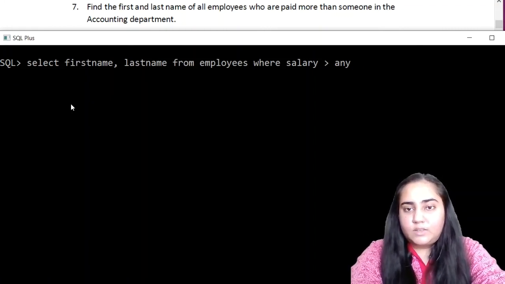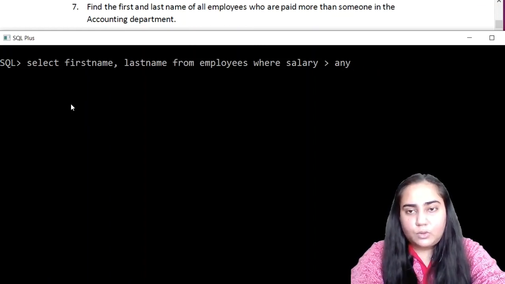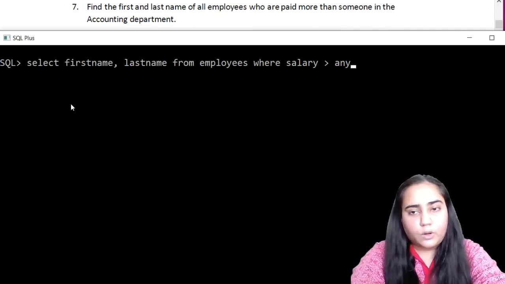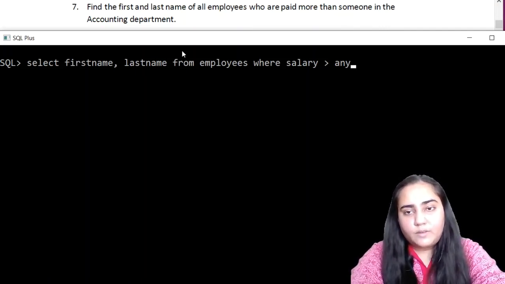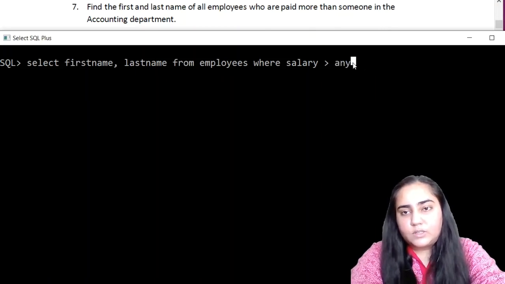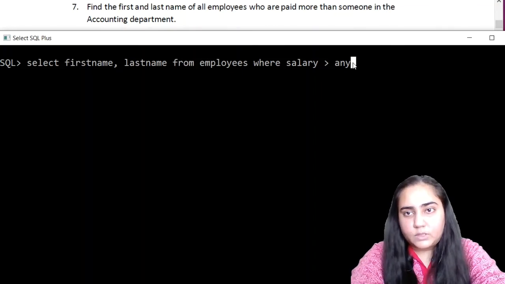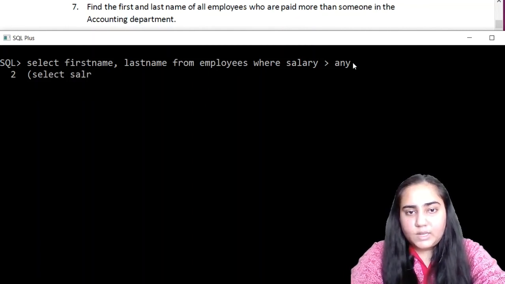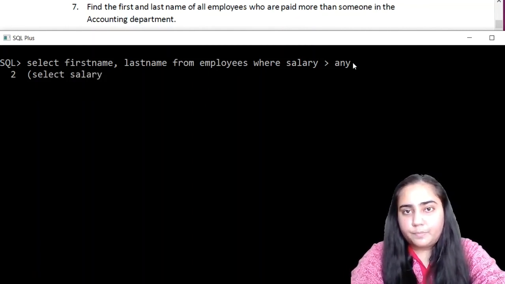It's going to result in giving one value, but we want the salaries of people in the accounting department. And people in the accounting department, we do not know how many there are. So we are using a keyword called ANY, because the question itself says that they should be paid more than someone in the accounting department. Now let's hit enter and put the next query, where we will select the salaries of people